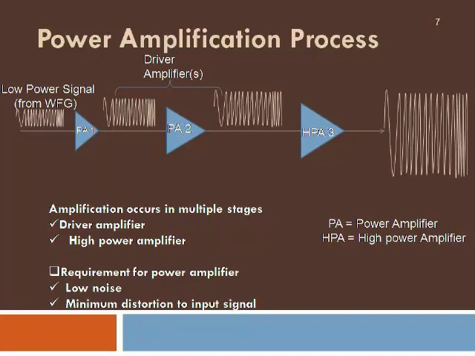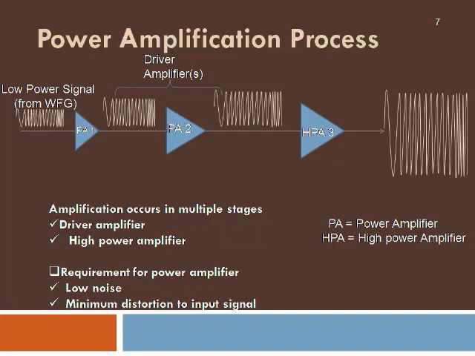Then the third one is going to be the high power amplifier, which is normally going to be class C type. That means it gives very high power gain, but a bit of distortion is going to be added to the signal. But here the signal is going to travel in space and hit the target, and come back from the target towards the receiver. As it is going to travel in free space, a considerable amount of noise is going to be added anyway. So some amount of distortion can be tolerated, as it is introduced by free space anyway.